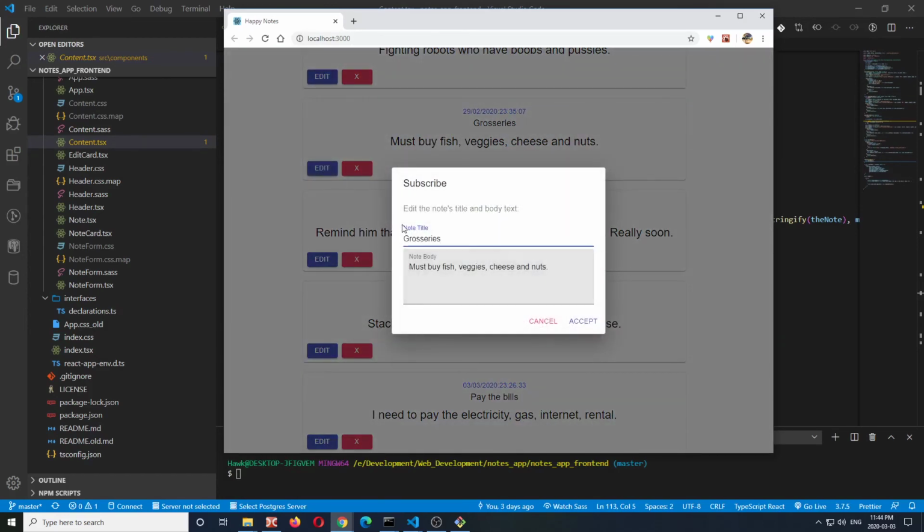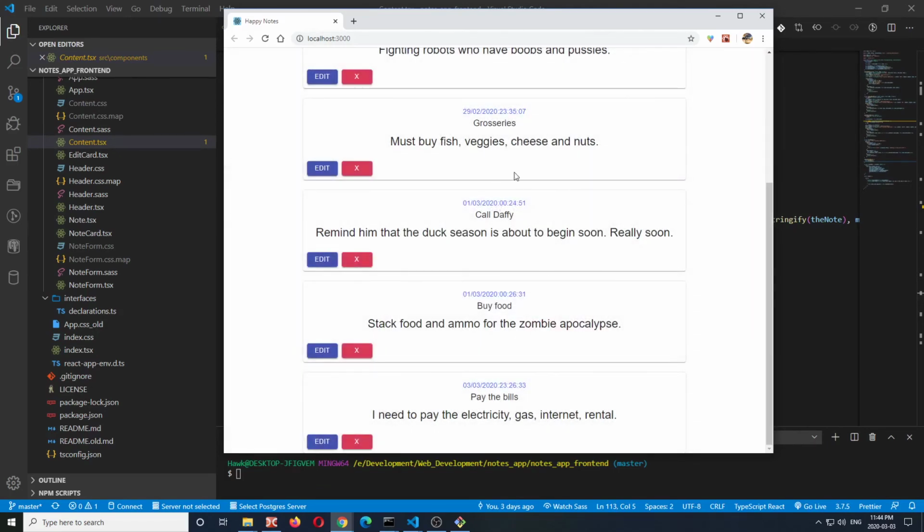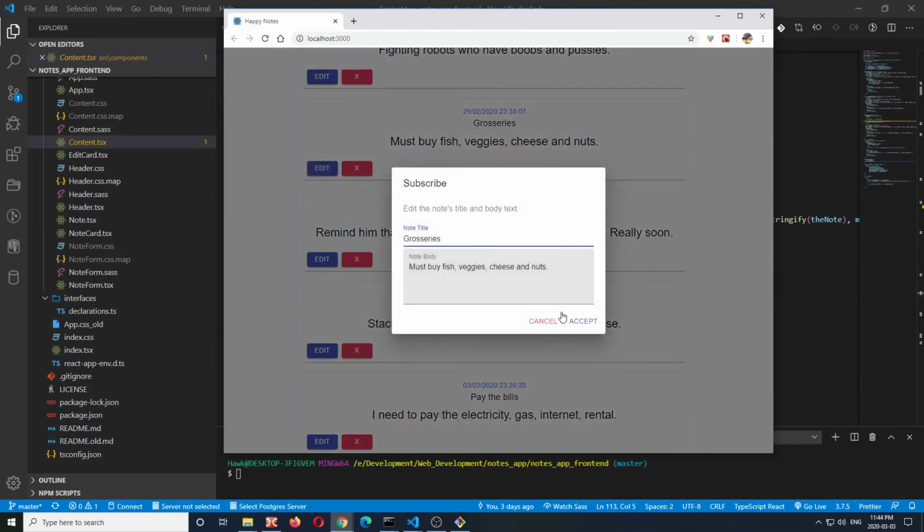Okay, then a modal dialog will be displayed, and you can either cancel that and nothing will happen, or you can change the data here. For example, study, let's say study hard because knowledge is power. Okay, so if I press accept here,